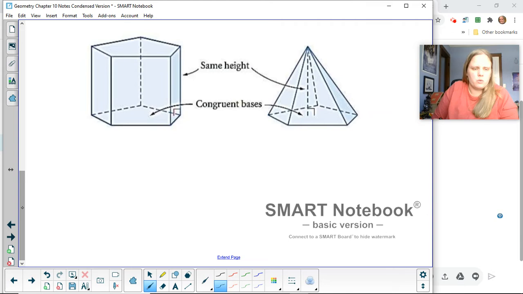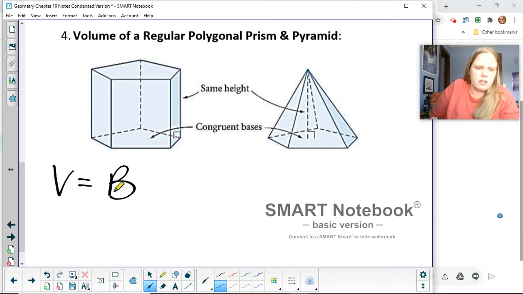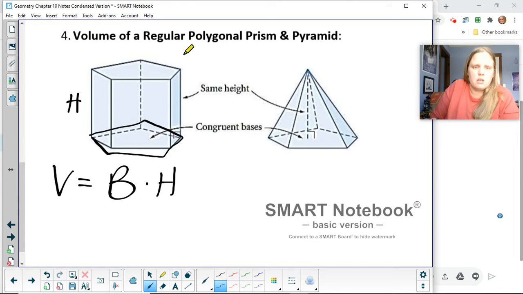All right, a regular polygon, again, has a unique formula for the base. So volume is area of the base times the height. Remember, the height is up and down connecting the two bases. And then because this guy down here happens to be a pentagon, we need to use the regular polygon formula for the area. So I would replace this guy with